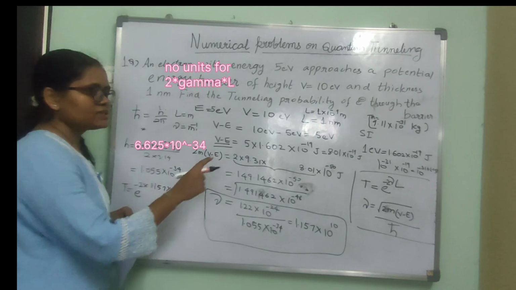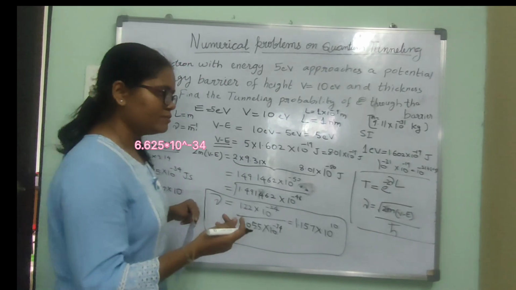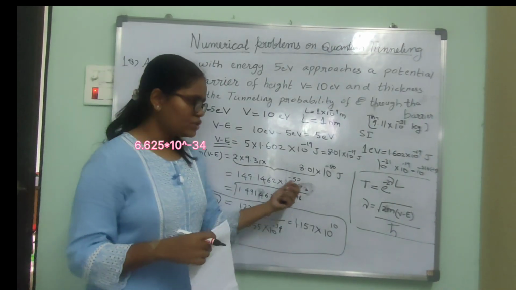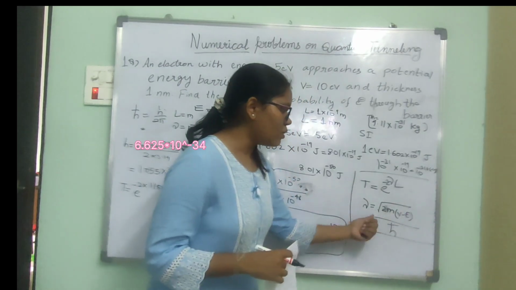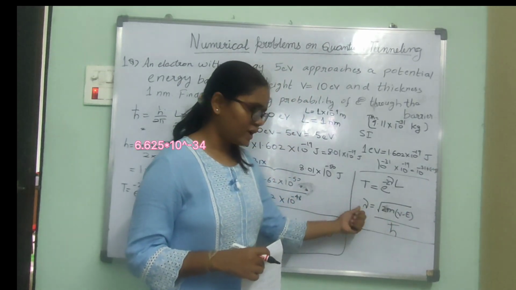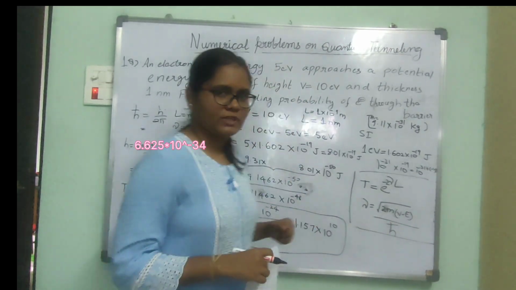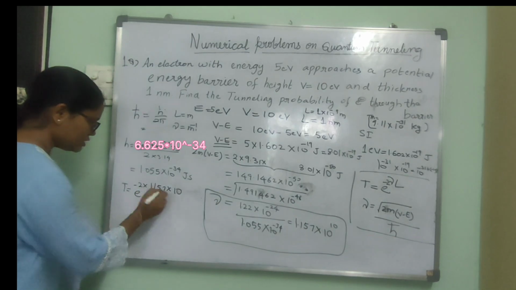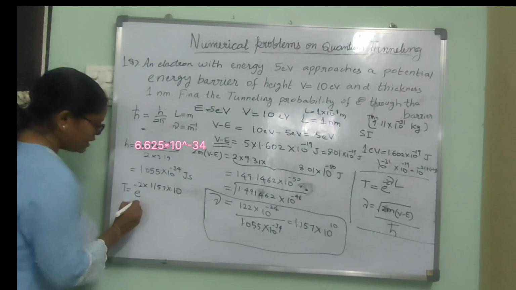So how would I say that the unit of gamma would be meter inverse? We'll see that in a short while. We'll plug in all the units for these values and try to find the unit of gamma. Just give me 2 minutes, okay? First we'll solve this. So T here would be,